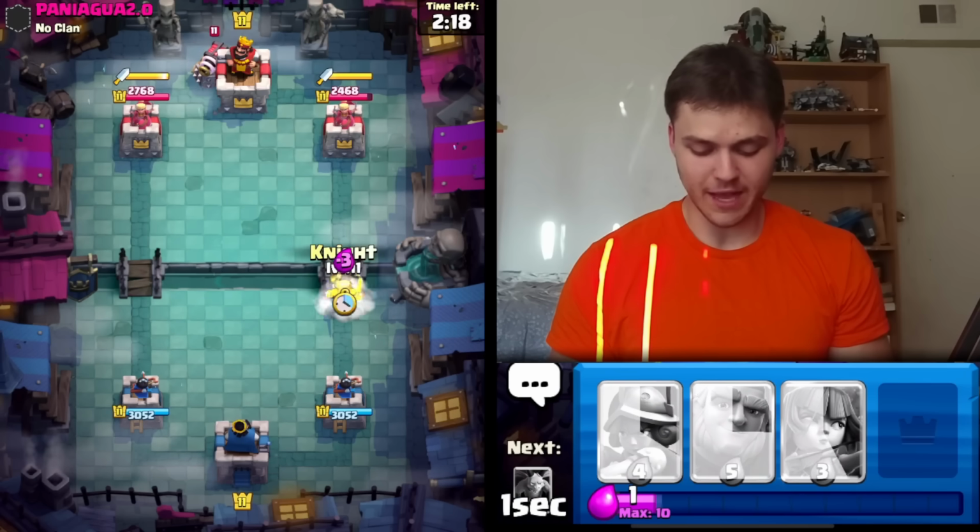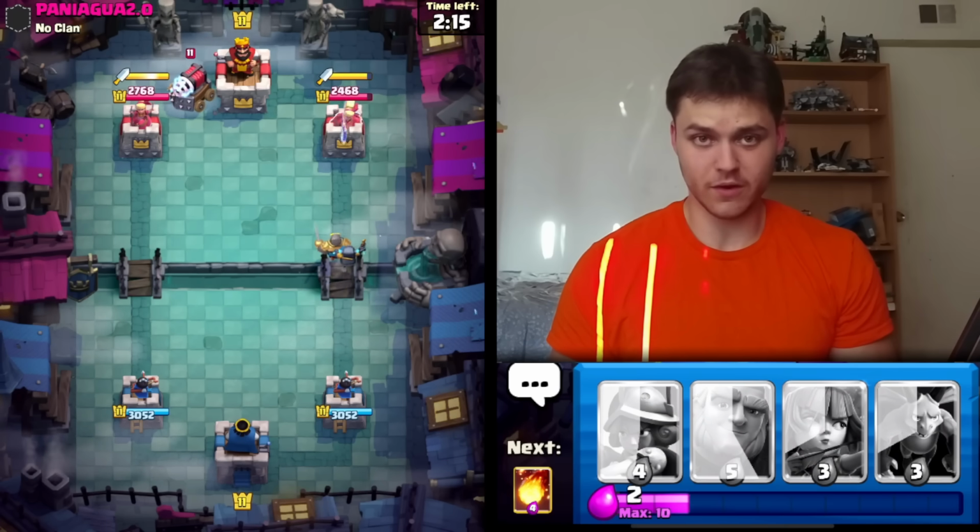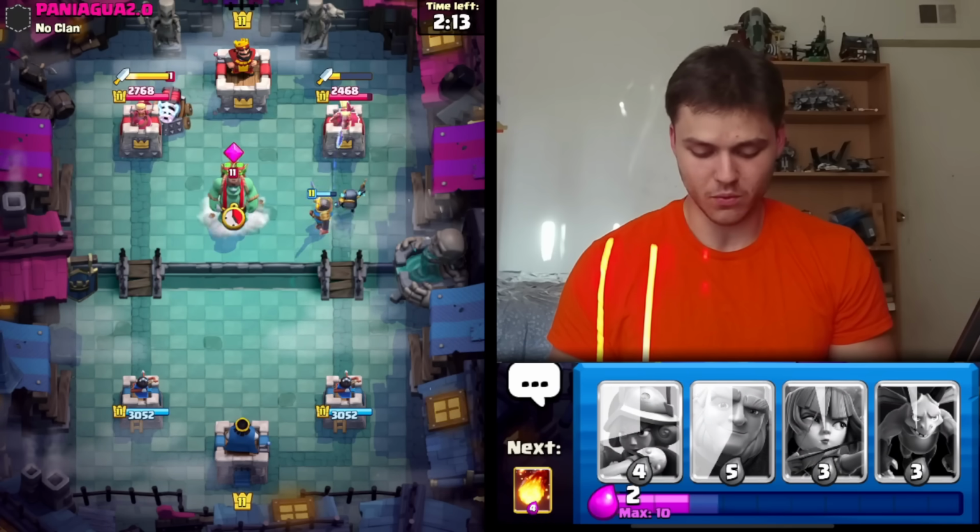Okay, guys, he goes for the Sparky. I'm going to get a mini Pekka Knight. Sparky honestly looks really hard for us because we just don't...